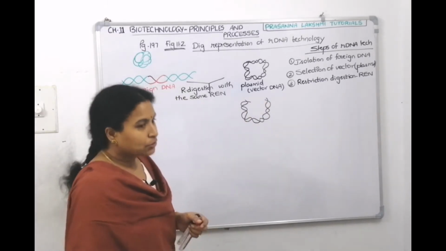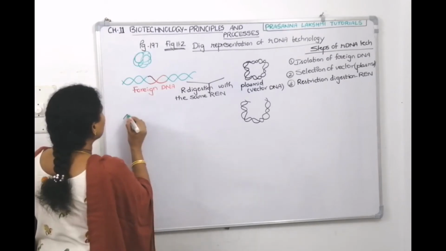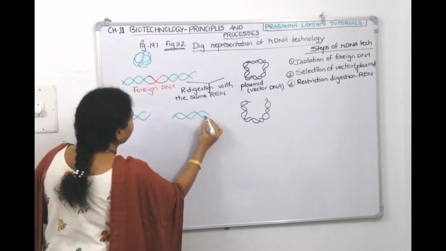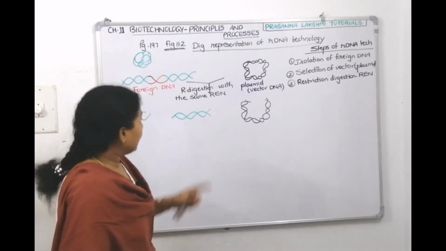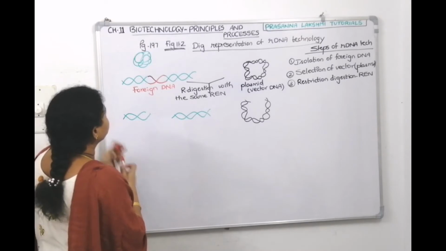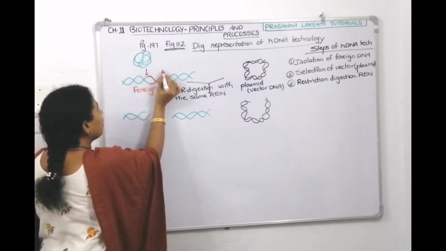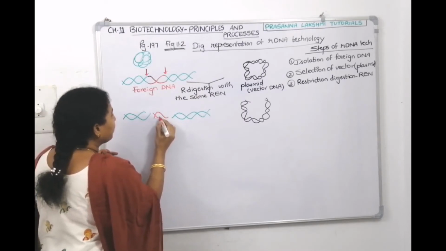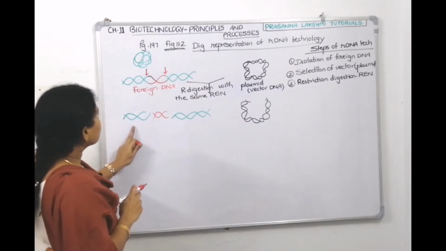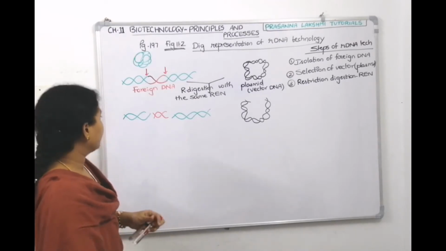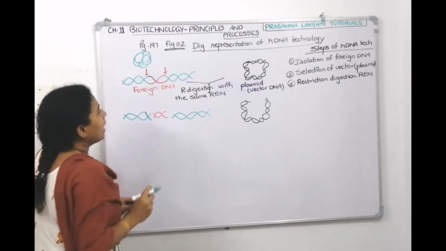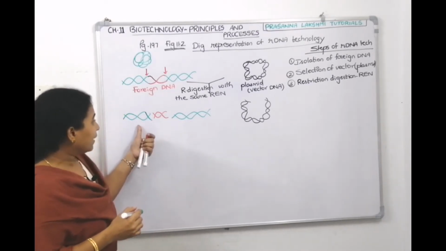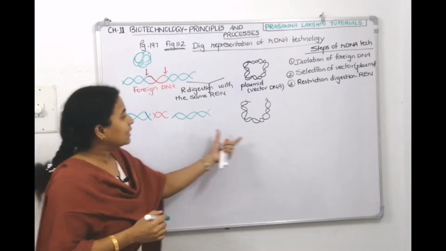Then, what happens to the vector DNA? Sorry, this is the desired foreign DNA. It opens in this manner and you digested here, right? This is the red colored region you want. It means you have digested with the enzyme here. Then this gets separated. This is a separate fragment. After doing restriction digestion, these are the DNA fragments you got. So you got one fragment, the second fragment, the third fragment, and this is the plasmid DNA.